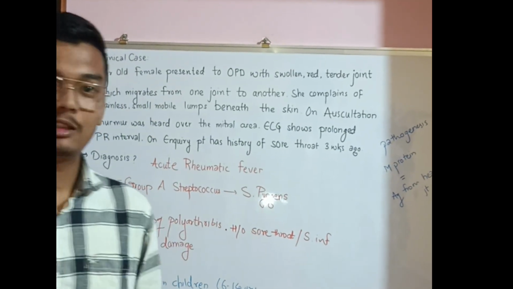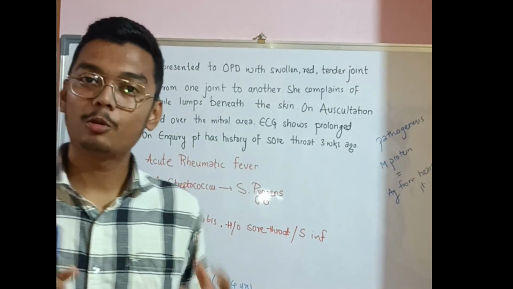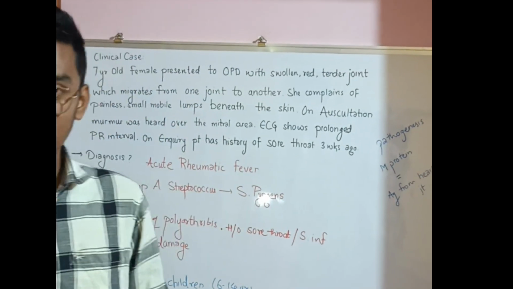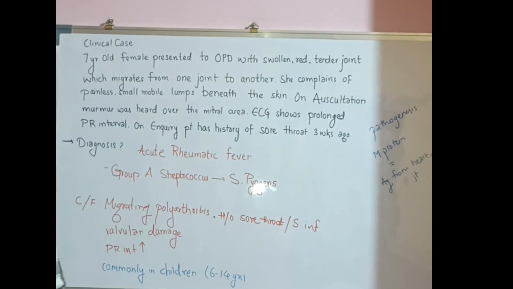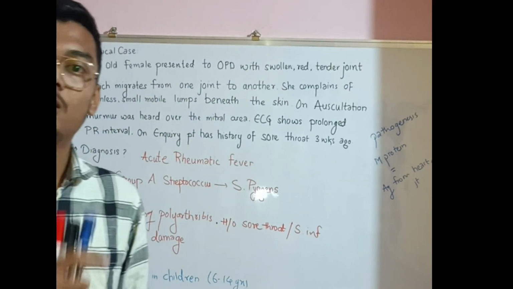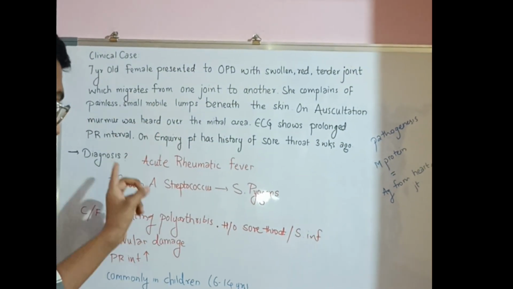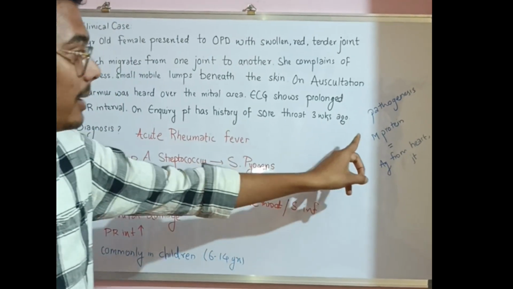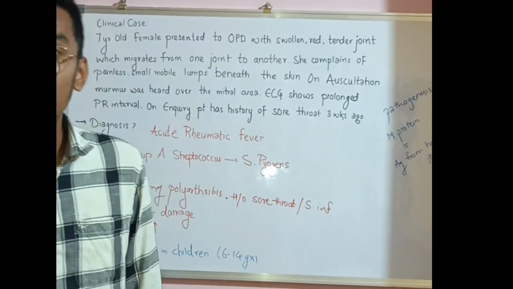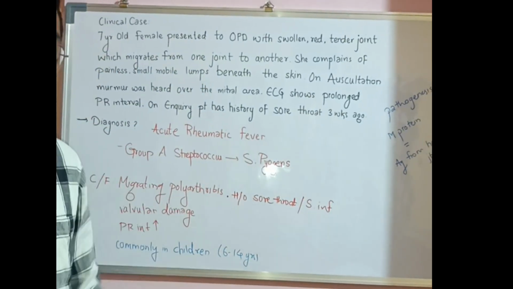So, what is the pathogenesis? Why does this disease occur? When a streptococcal infection occurs in a person, it can heal by itself, but the people who had this infection are most likely to develop acute rheumatic fever. Why? Because the M protein, which is the main virulence factor in streptococcal infection, resembles antigens